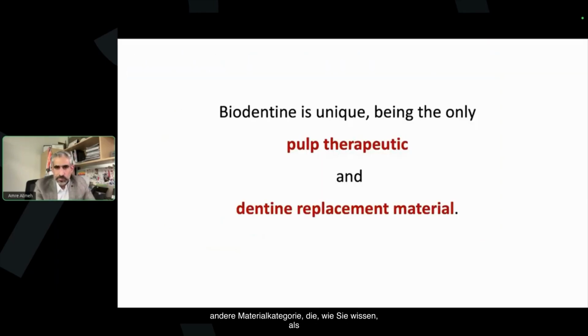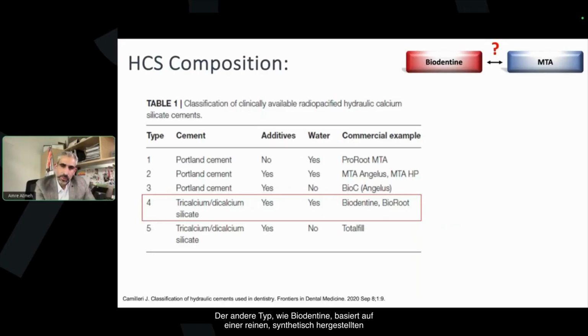Now, the thing about biodentine is its clinical scope of application. It's meant to be a therapeutic material like any other calcium silicate or any other pulp capping material. But beside that, it is meant to be a dentine replacement material. And that's because of the unique properties of this material. Now, this comes from the composition and formulation. If we compare different materials like MTA, biodentine, or even TotalFill, which is a different category of material that is applied as an injectable material,